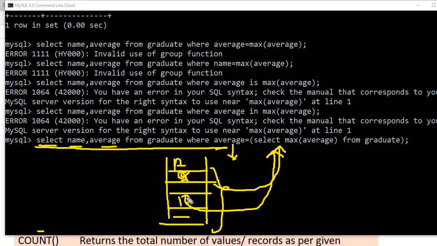Again somebody updated, now 10 is not there, 50 is here. So again this statement is going to find out which one is 50, so 50 will go here. So this max value is going to have multiple versions running in your table. Have you understood what I told? It is not that only 10, or 5 here, is the max. Who knows, somebody updated, then this 10 will be max. So for that we have to apply an appropriate select statement, which is going to find the maximum from the graduate table in real time.